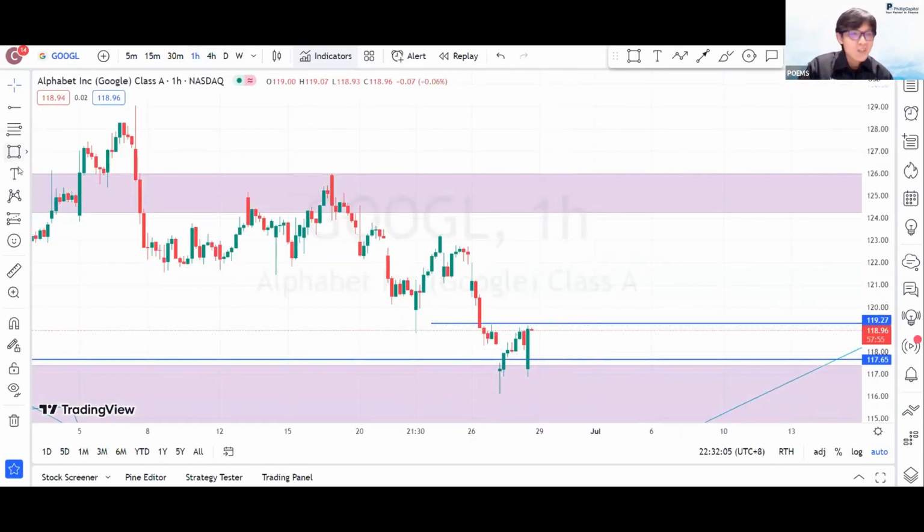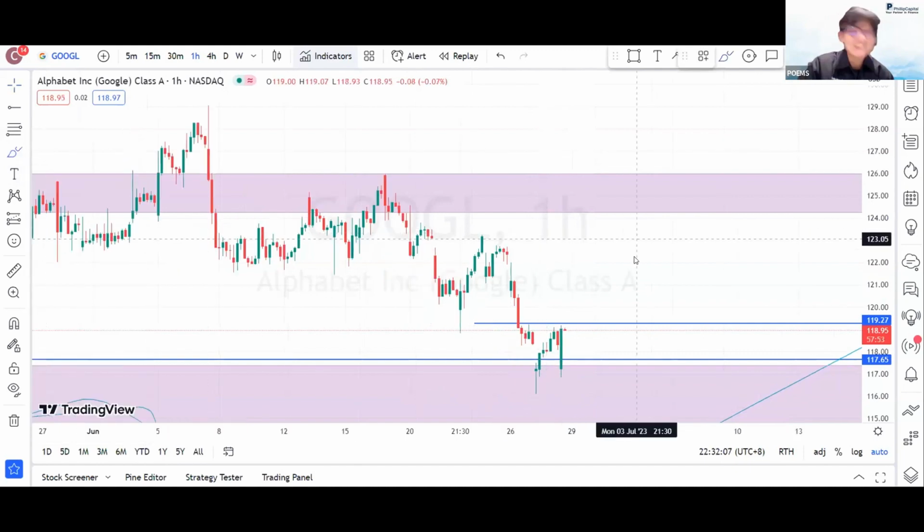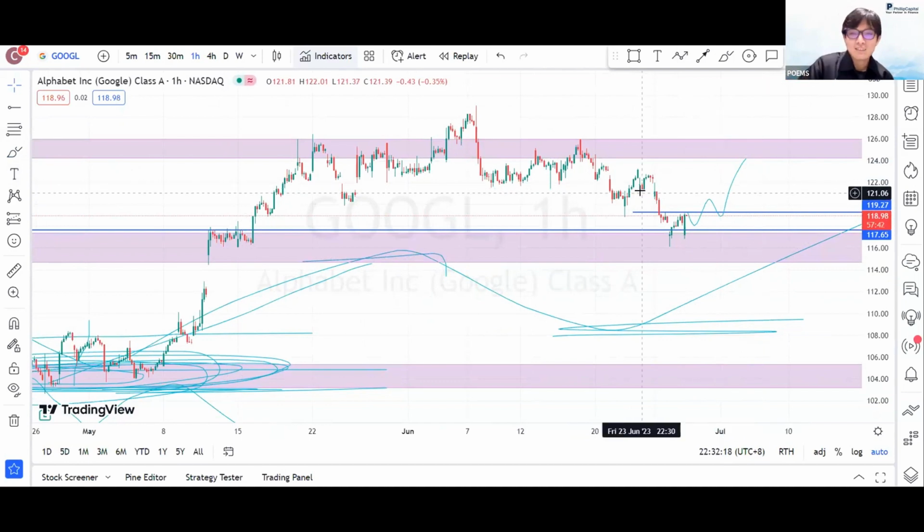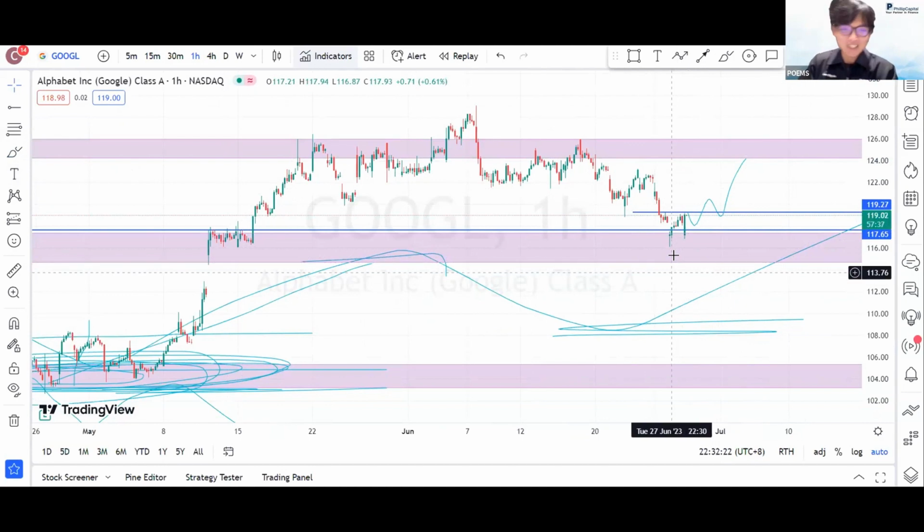Same thing. Yes, it's a range bound area, but if you are seeing price action creating new higher highs and higher lows, then you know where you want to go already. Technically it is quite low risk, but I cannot say so much. I will go to the next chart already. I think it's quite clear. Later we review again.